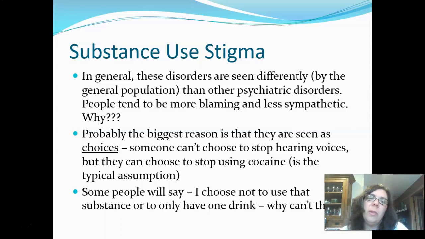And I think the biggest reason for that, we can talk about more when we're together, is that this is seen as choices, and I think it's particularly problematic when so many of us do make the choice to use substances, right? So many of us certainly drink alcohol. I'm willing to bet a number of you make choices to use other substances. And if you don't run into problems with it, then it's easy to believe that you made a choice to use it in a responsible way, while others are making a choice to use it less responsibly. And that they must also have the same choices as you do. And when we talk about etiology, we'll challenge that idea a bit.